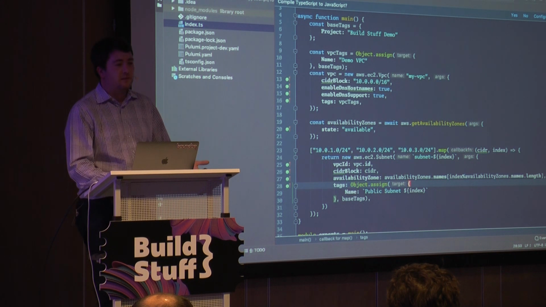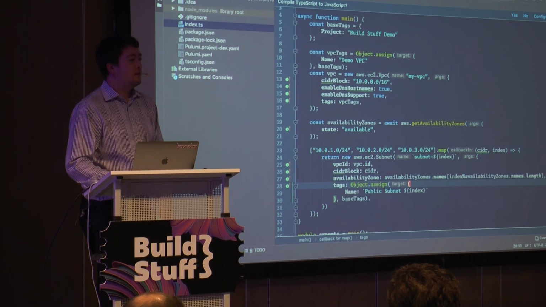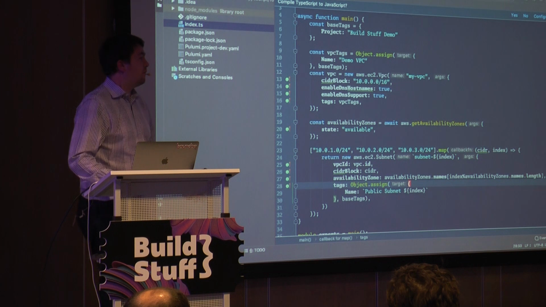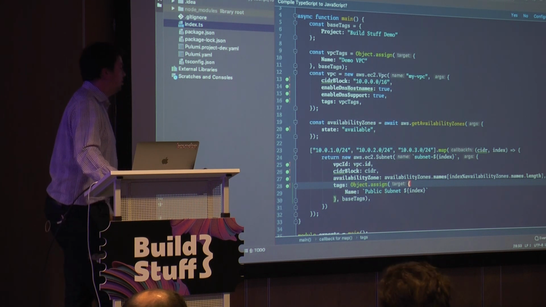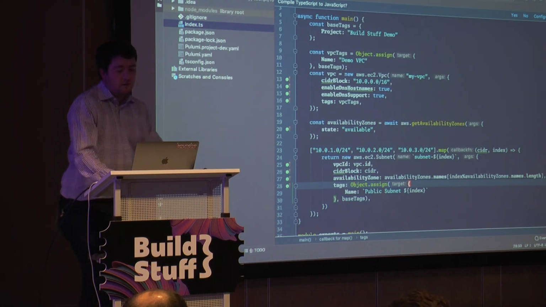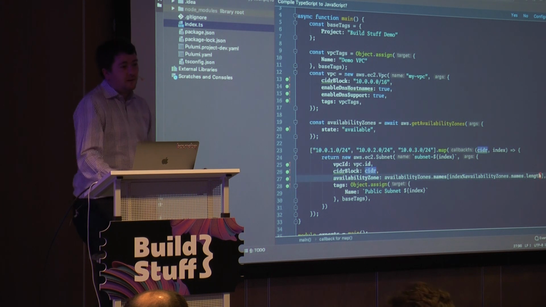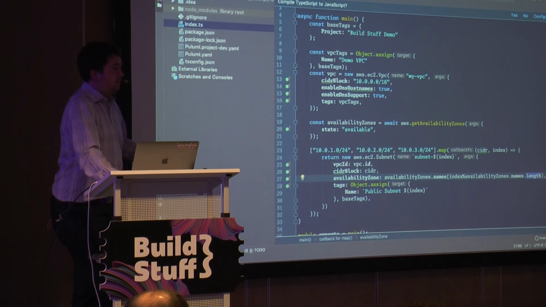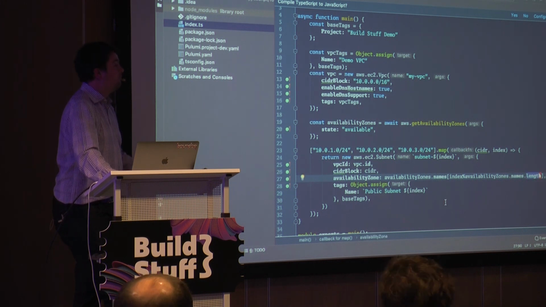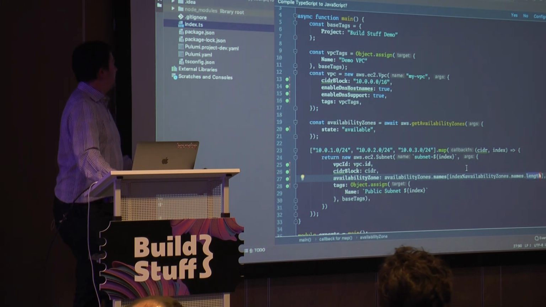So there's a bunch of options here that you can choose for how you're going to react to things. Because you've got the full power of a programming language behind you, you can do whatever you like. So that's kind of how it works at the basic level. That's declaring resources and making queries on the API and executing a program.